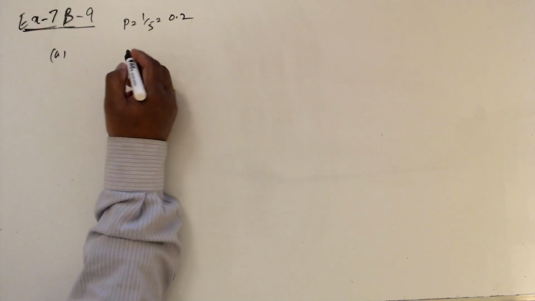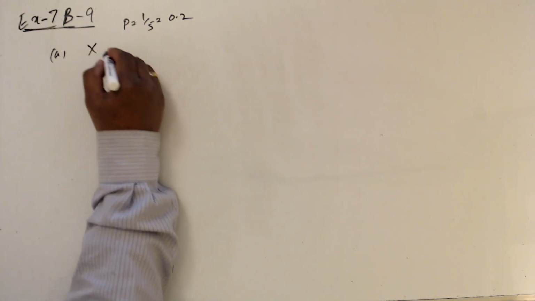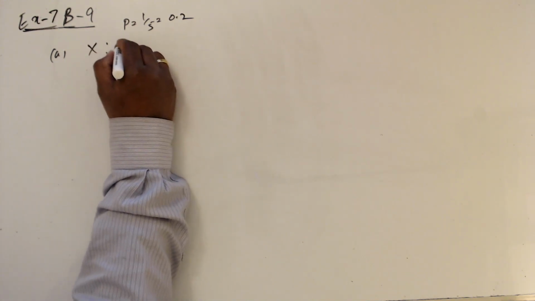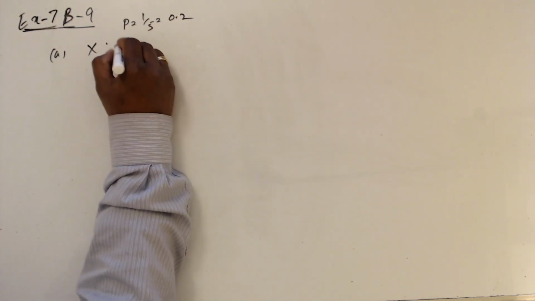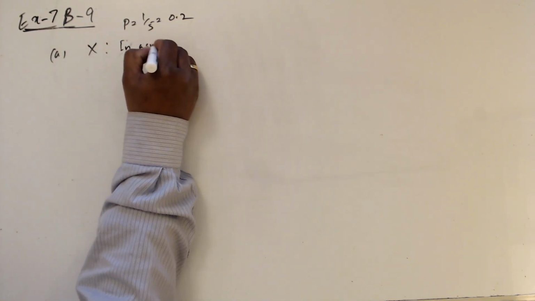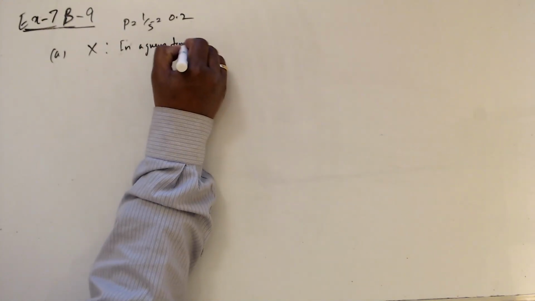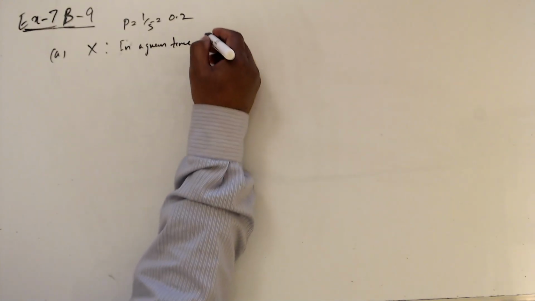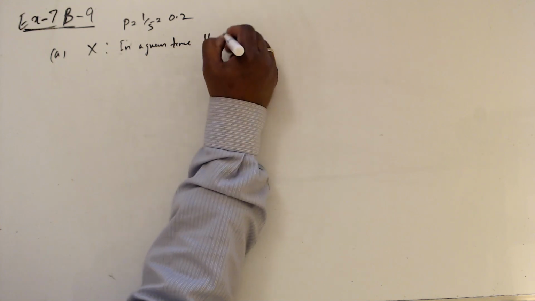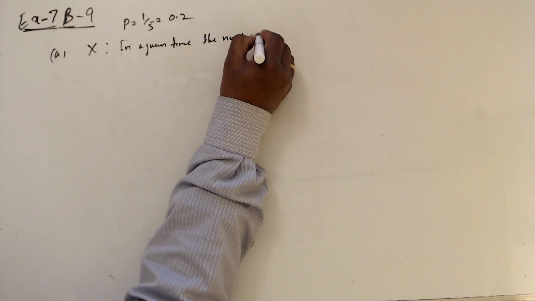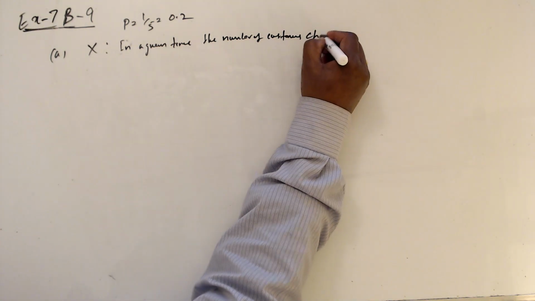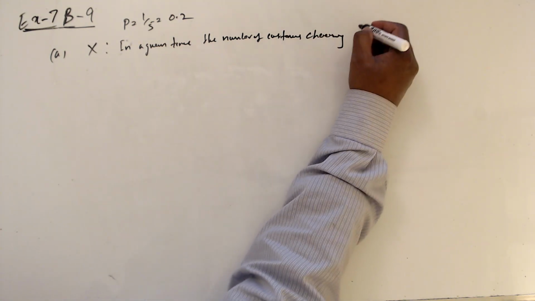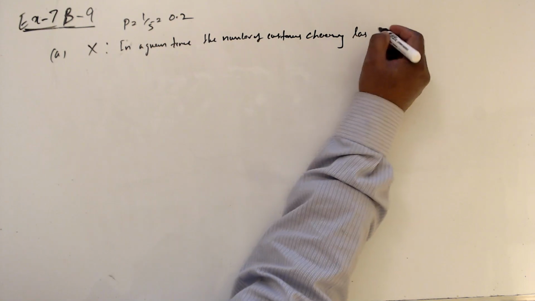So X is the test statistic: in a given time, the number of customers choosing lasagne